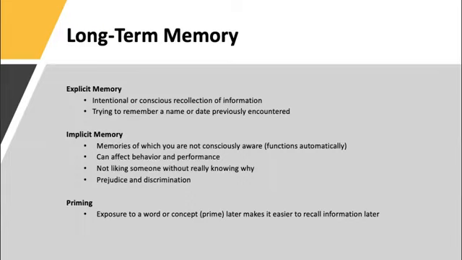So researchers will do this in various experiments where they flash a word or an image very quickly and you see it, but you don't really consciously remember it. But you actually later are able to recall it when you're shown other stimuli that relate to that original image or word or the prime that you were shown. So that's how researchers investigate how these implicit or unconscious or automatic memories work.